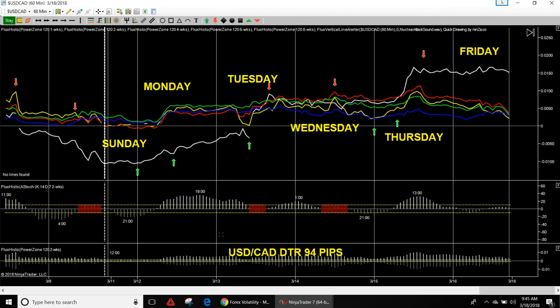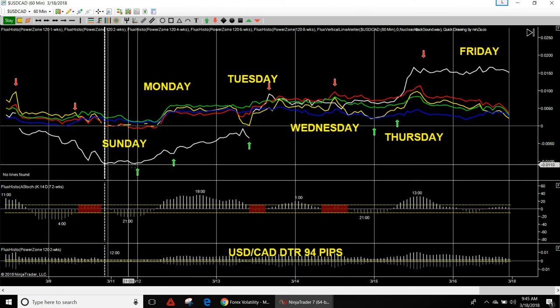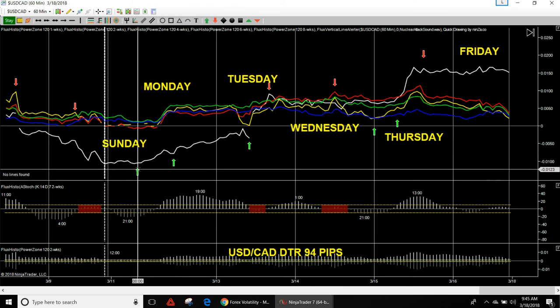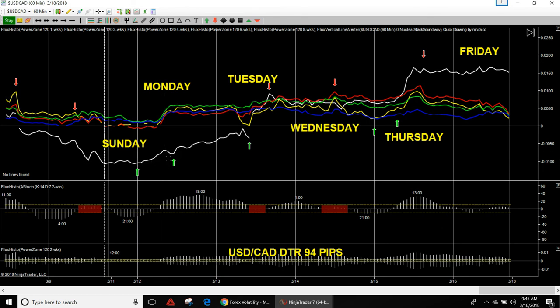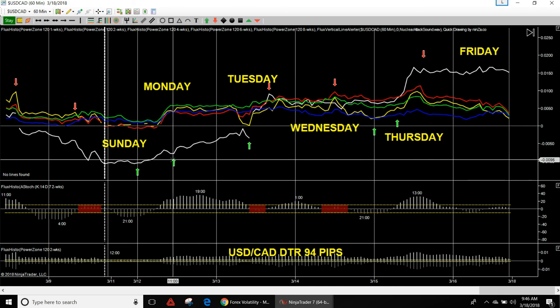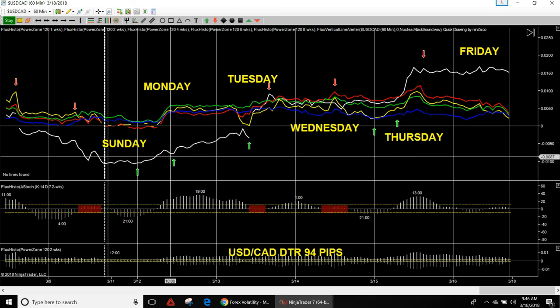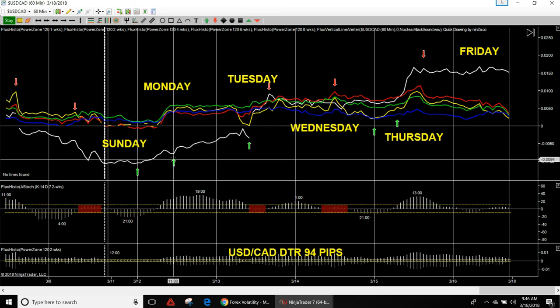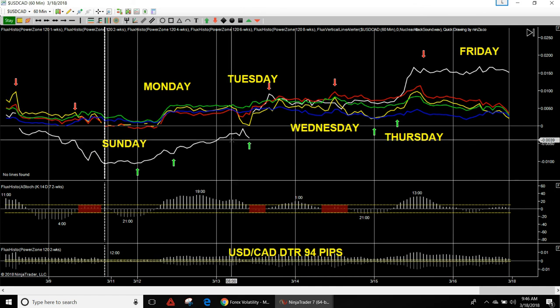Next up is going to be the US Dollar Canadian coming in here on Sunday. US Dollar Canadian, again, making big up moves. So first opportunity here is going to be 12 a.m. on Monday. Look for an up move on the US Dollar Canadian. Slight pullback here at 8 a.m. until 11 a.m. Wow, it's 3 hours. Custom. 8 to, yeah, that's 11. All right, so it's going to pull back, and then you're going to go up again,